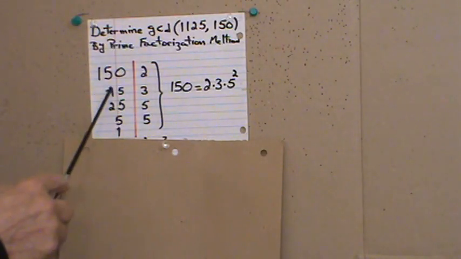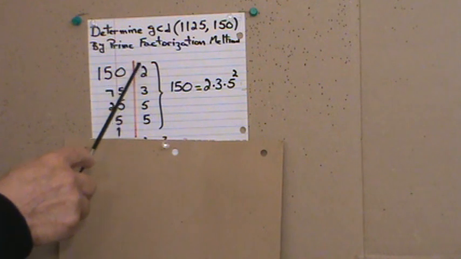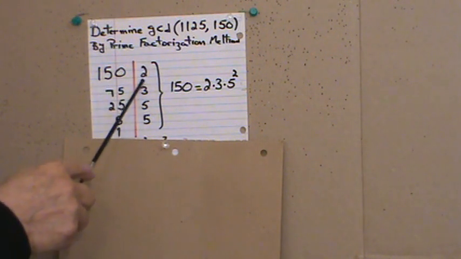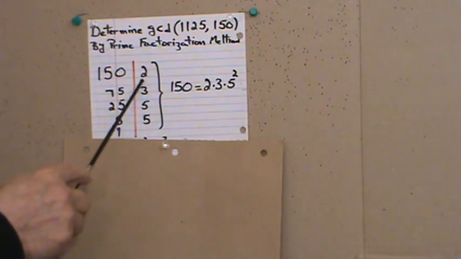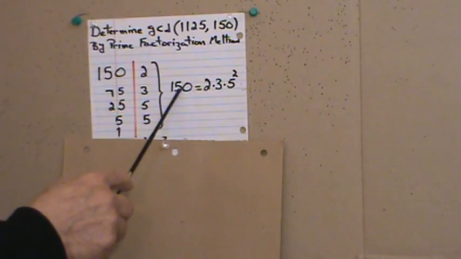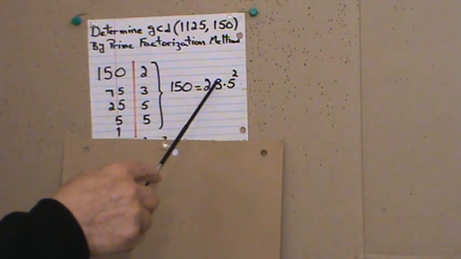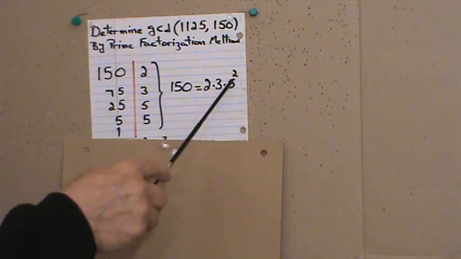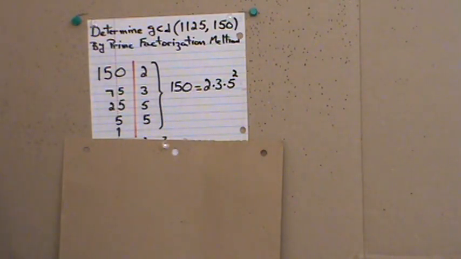Now again, I repeat myself, for 150 we start with the first prime number and divide by that, then the next prime number is 3, divisible by that, and so on and so forth, and we end up with 150 equals 2 times 3 times 5 squared. You see, I wrote it in exponential form. Now let me go to